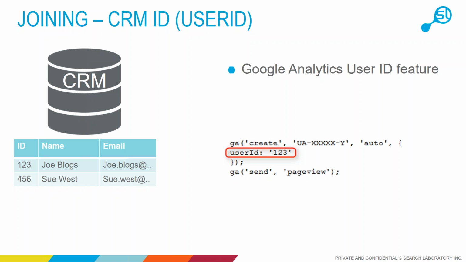To implement this, we have to use an advanced feature of Google Analytics called the user ID feature, surprisingly. All that means is that every time somebody visits your website and logs in and authenticates who they are, we need to output at every opportunity the ID of that person from your CRM